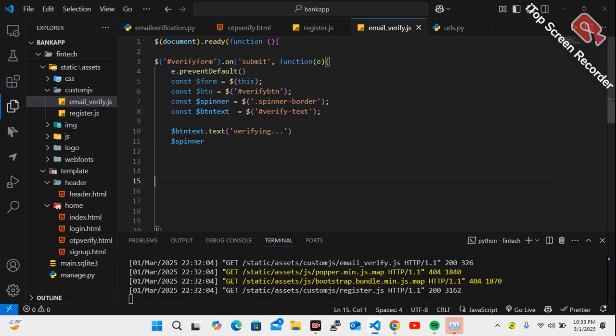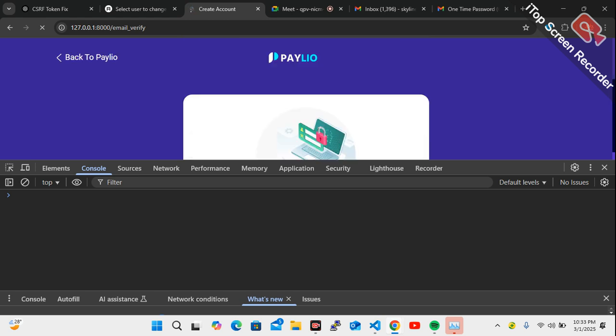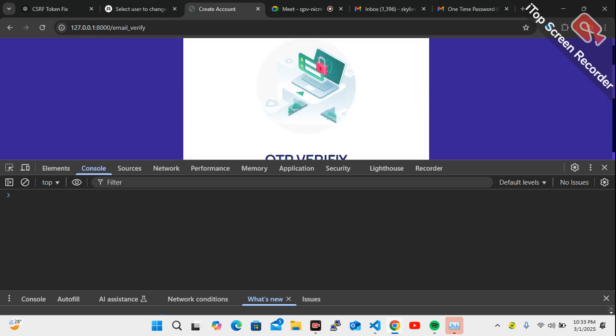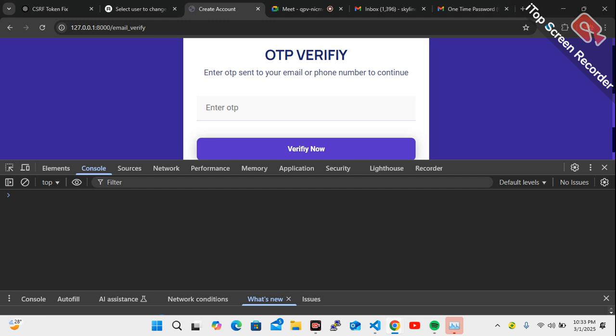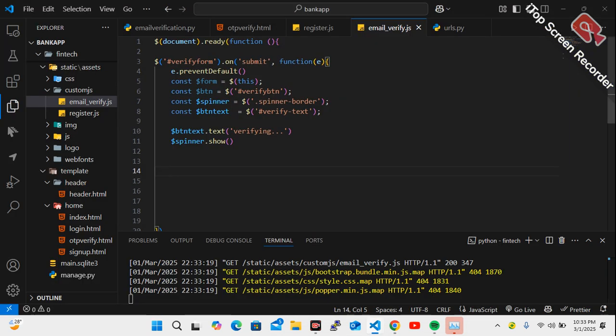Okay, so I want to come here and say dot show. So let's give it that. You can see it's showing. All right. Then another thing I'm going to do is also disable the button. So we're having the button, and to disable the button, what I'm going to do here is that I'll call